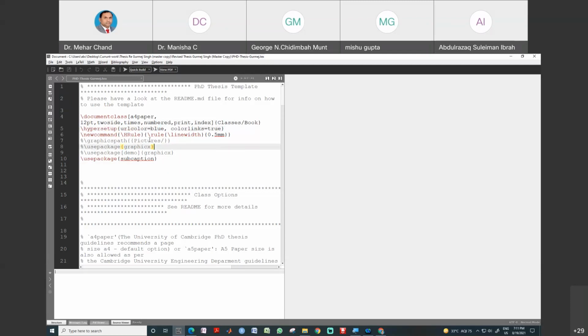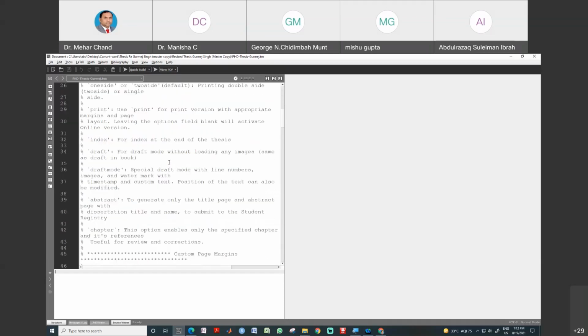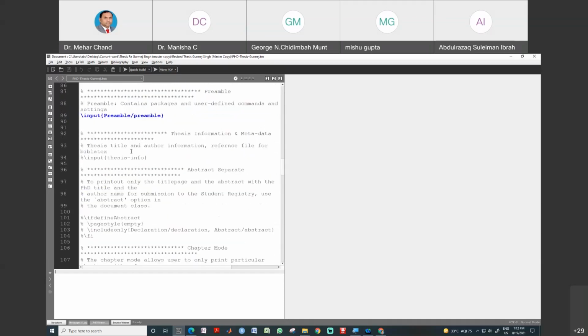After that, you can see here hrule, because when a chapter starts, we need a horizontal line on the top and at the bottom, if you are providing some information about the chapter, like the abstract of the chapter. Then subsection, and these are the main page, and you can see the preamble.